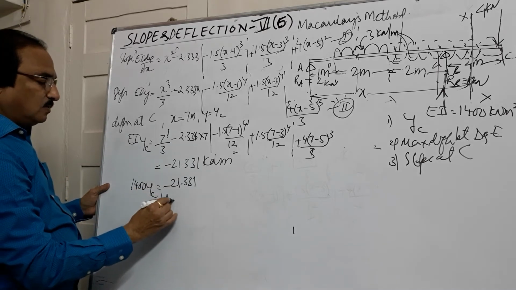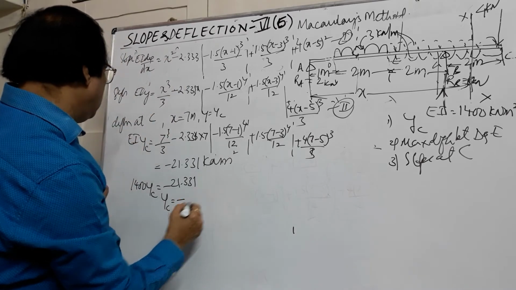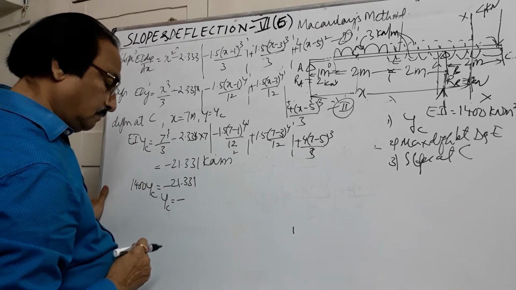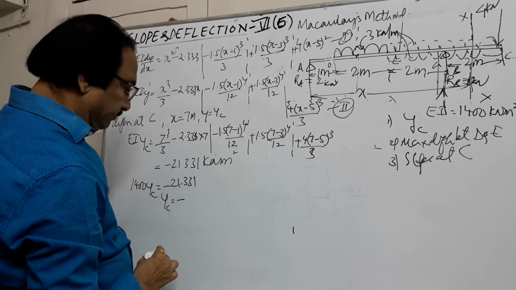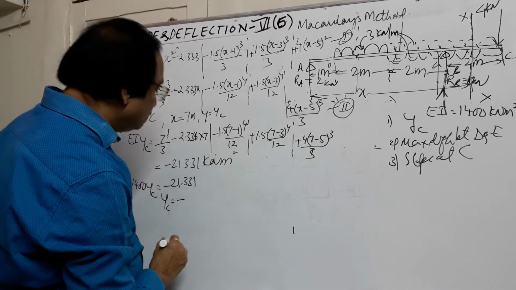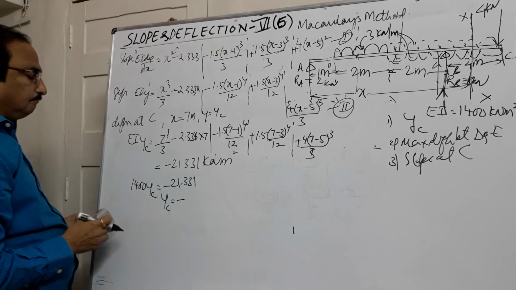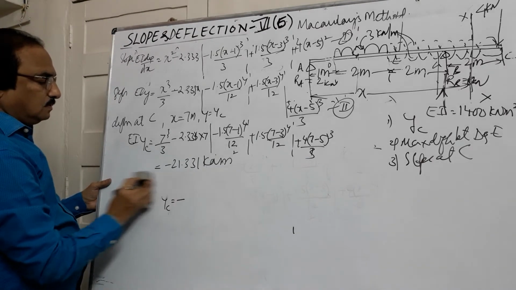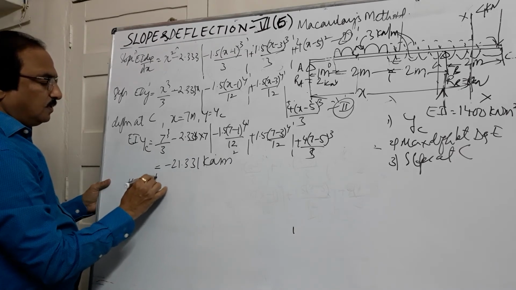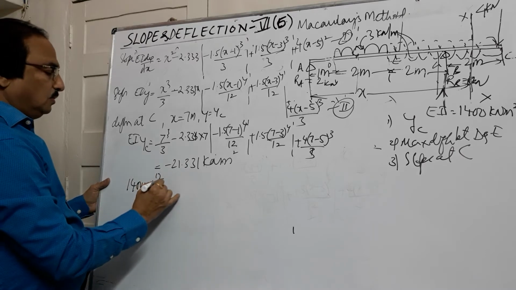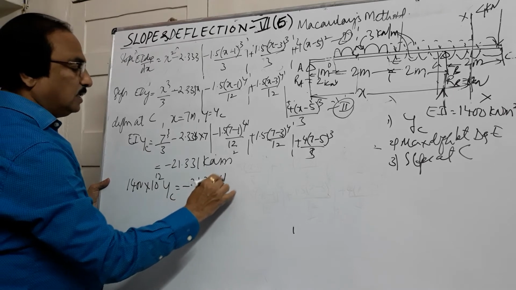So YC will be equal to minus 15 point ... 1400 into 10 to the power of 12. So into YC will be equal to minus 21.331 into 10 to the power of